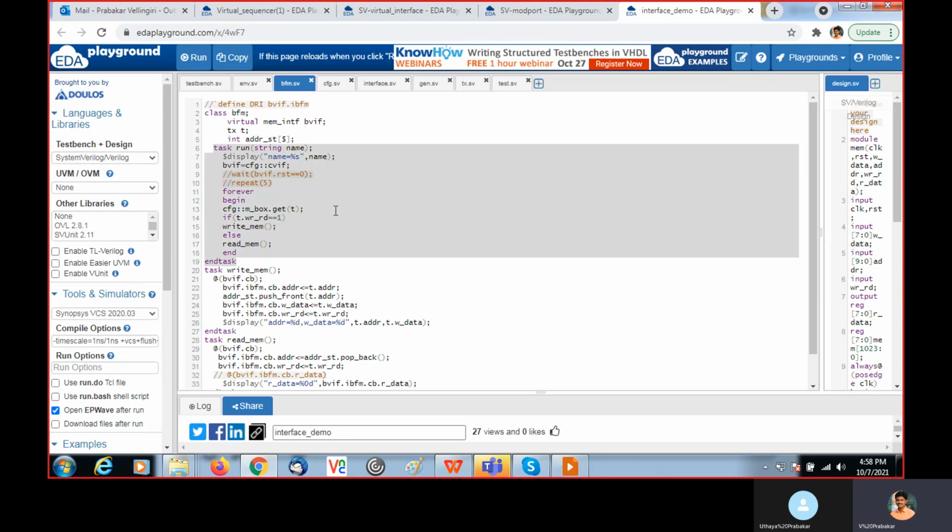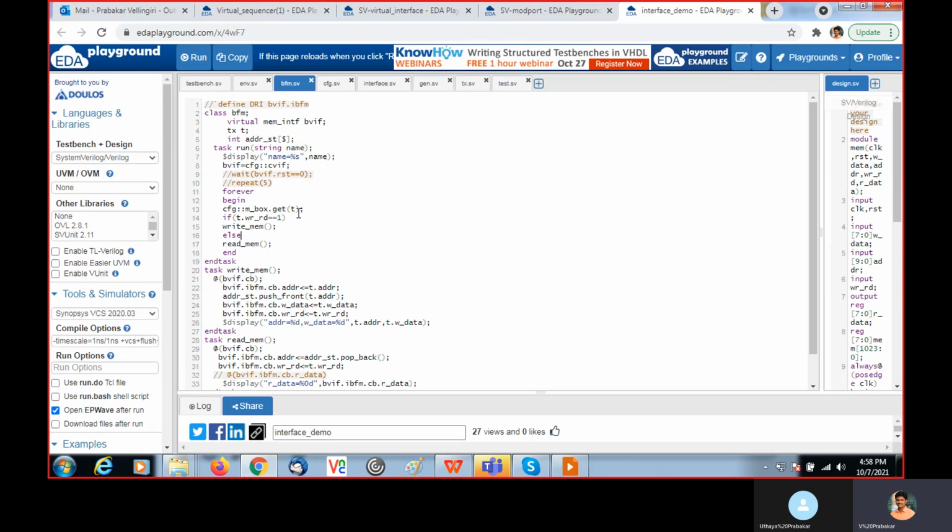Inside the driver run task, this is implemented using forever. So continuously it will check to get the transaction from the mailbox. Here, after getting the transaction, the driver or BFM, bus functional model, should force the transaction signals.